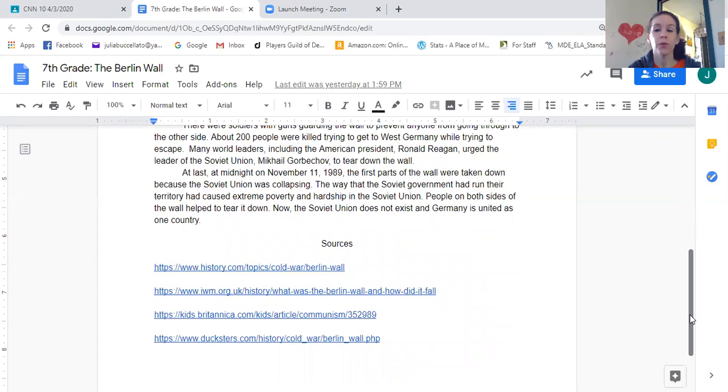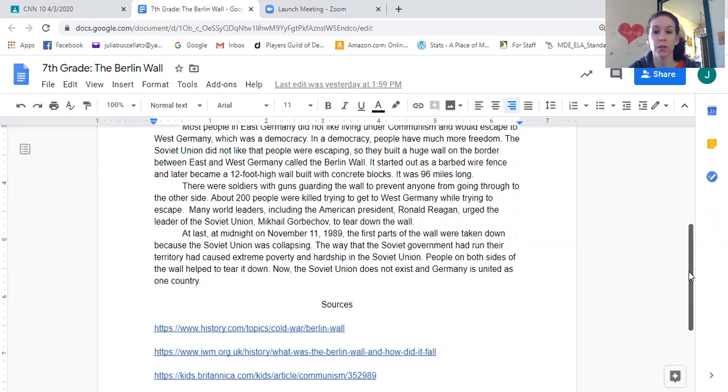If you look down here at the bottom, these are my sources. I should be able to click on your sources. All you need to do is copy and paste those, but that tells me where you got your information. Now it's important to remind you that you need to use your own words. You may not copy and paste from anywhere. You have to tell the story of your event in your own words. So let's take a look at this together.